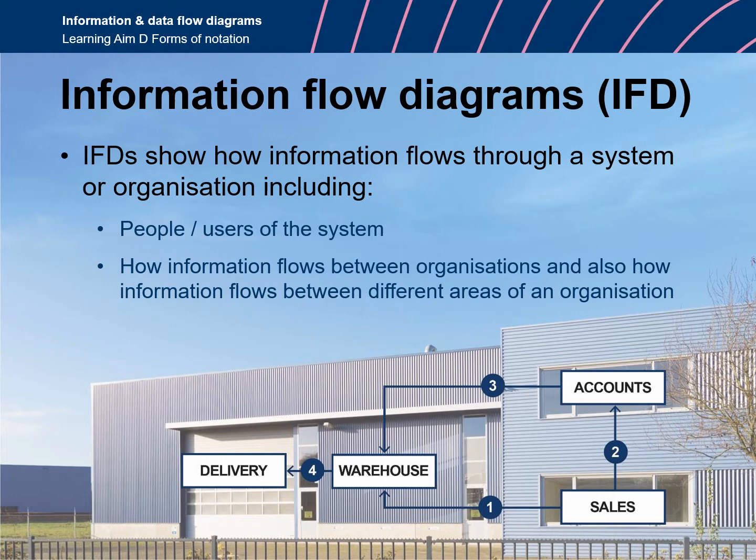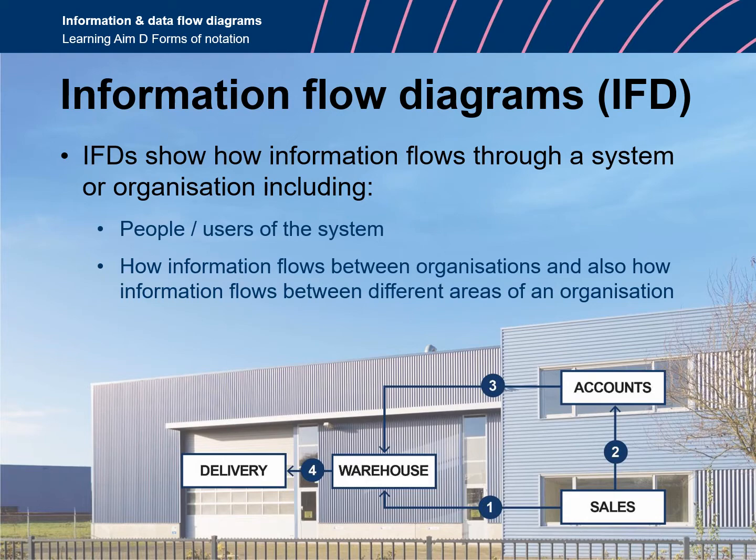Secondly, they will then contact the accounts team to ensure that payment methods are in place for the order to be completed. The accounts will then communicate in the third stage to the warehouse to inform them that the payment has been authorised, therefore the goods can then be sent to the customer, which then leads to part 4, where the warehouse team will send the product to the customer via the delivery team. This is an example of a 4-part information flow diagram explaining how a product is sold to a customer and